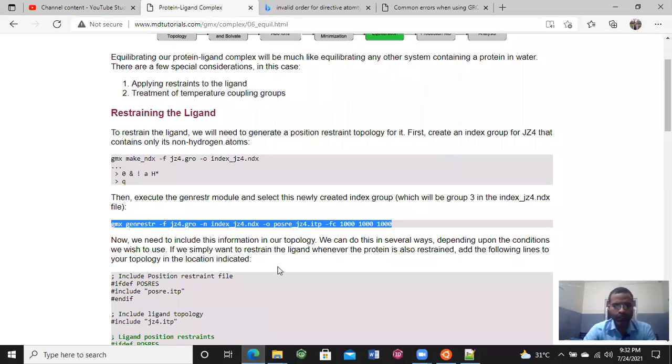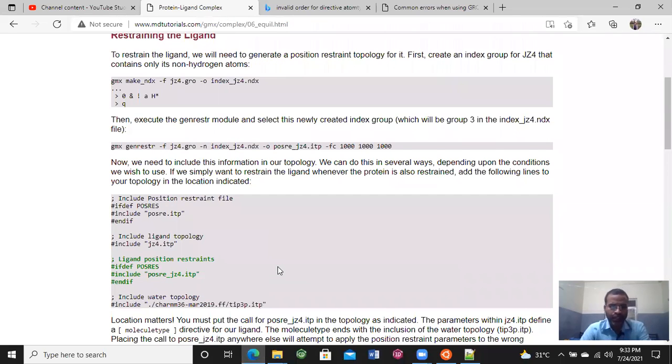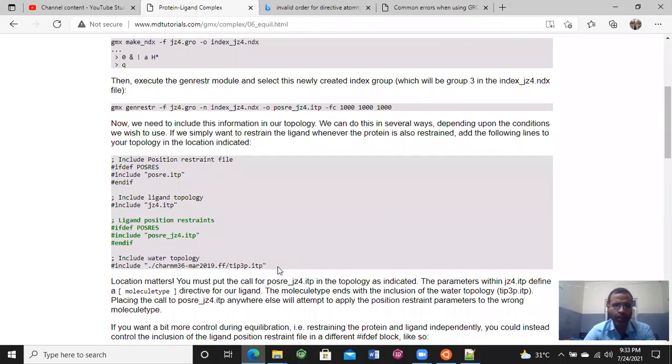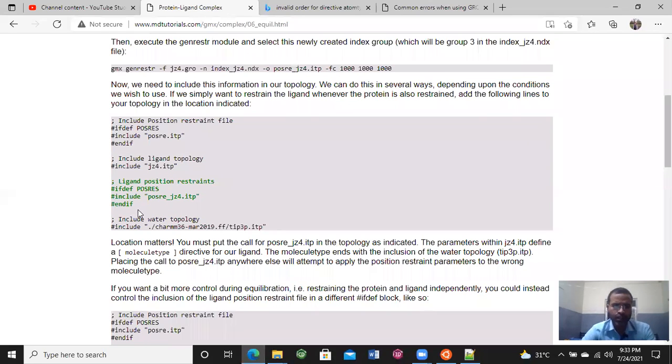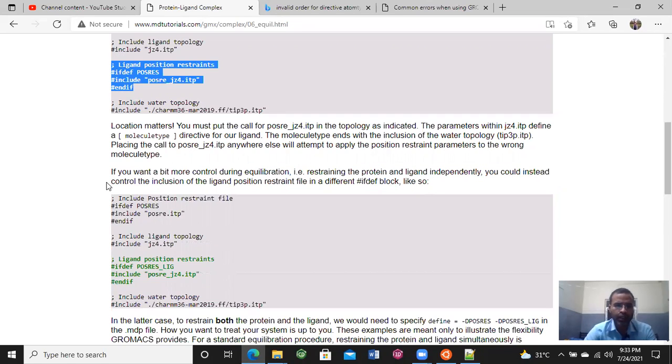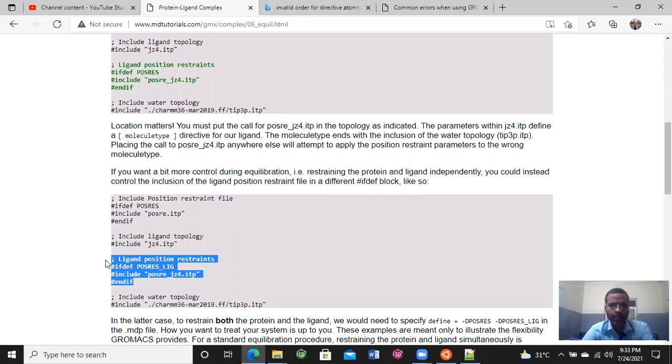Now we have to include these files in the topology file. So copy these parameters and include these lines before the include water topology.